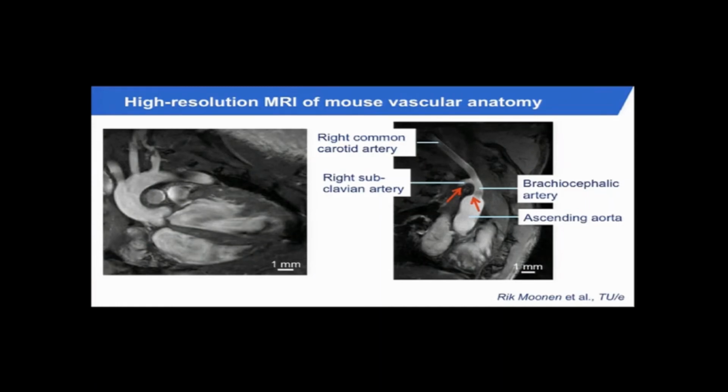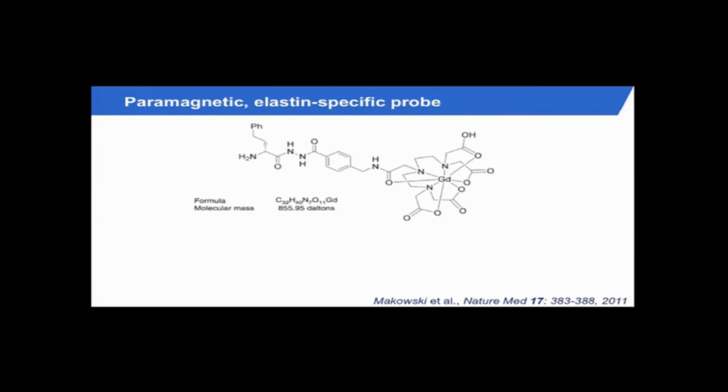Now to extracellular matrix, where MRI is the main technology, I would say, because of its high spatial resolution and superb soft tissue contrast, where we can very nicely visualize even tiny vessel walls in small animals, like we, for example, do in Eindhoven, but even better by the group of René in London, where they've shown beautiful examples of the use of an elastin-specific MRI contrast agent. So it's a low molecular weight agent, shown here. This is the MRI reporter group, and this is basically the moiety that interacts with elastin with appreciable selectivity and